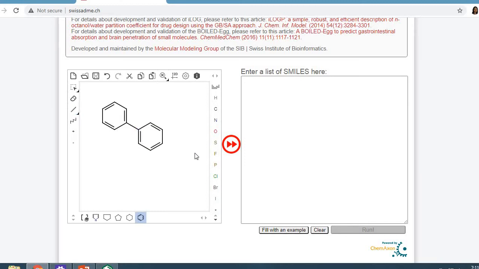So this is the structure of a biphenyl ring, and here is the option to enter a list of SMILES. When we click on this red button, we get the string of SMILES notation over here. So it is working.